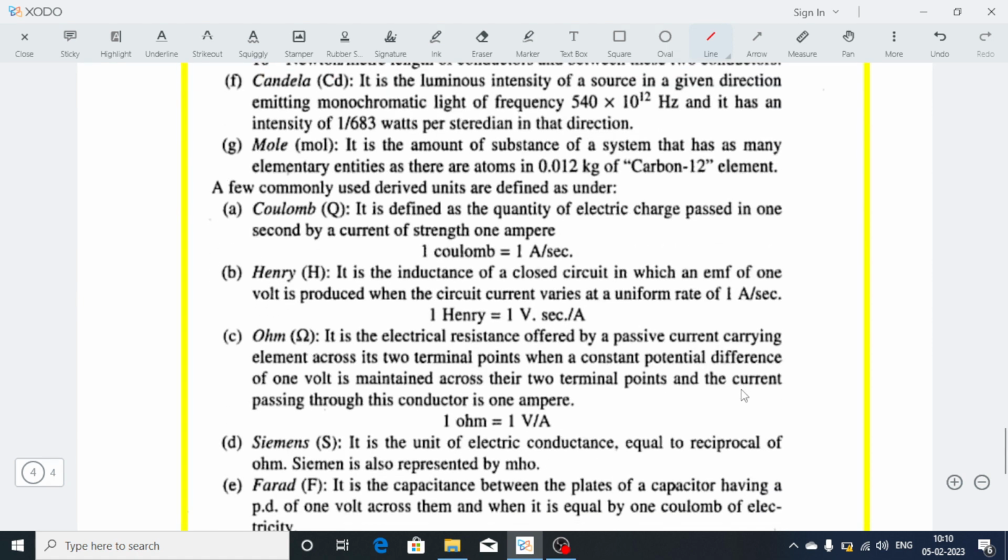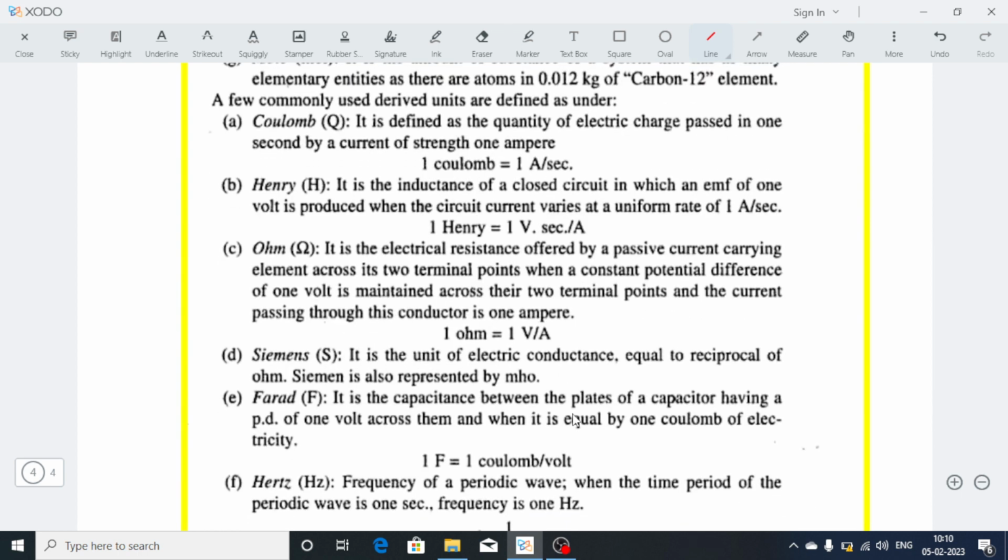Ohm. It is the electrical resistance offered by a passive current carrying element across its two terminal points when a constant potential difference of 1 volt is maintained across the two terminal points and the current passing through this conductor is 1 ampere. Siemens. It is the unit of electric conductance equal to the reciprocal of ohm. Siemens is also